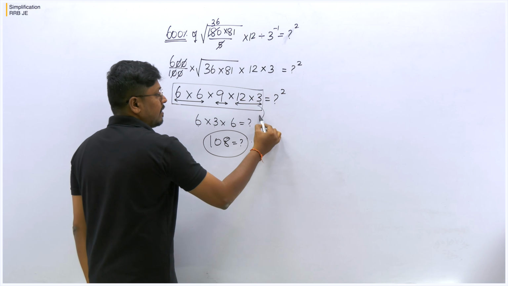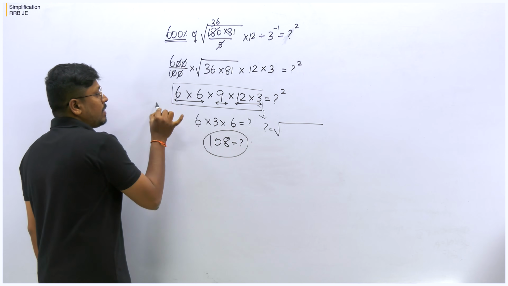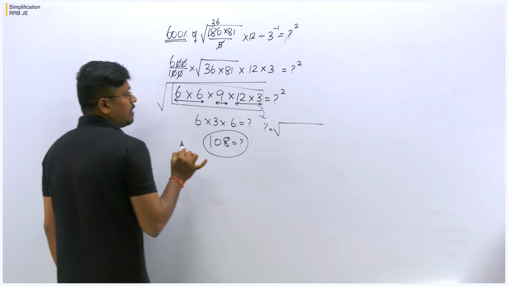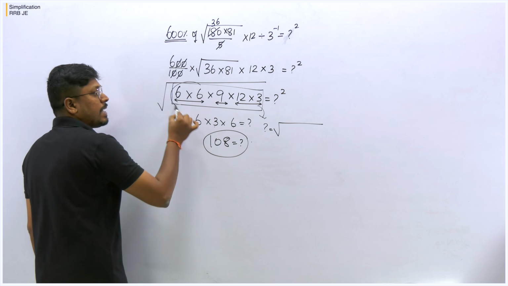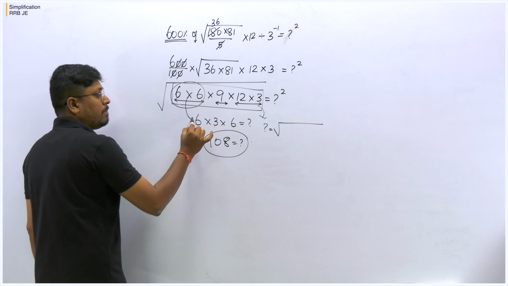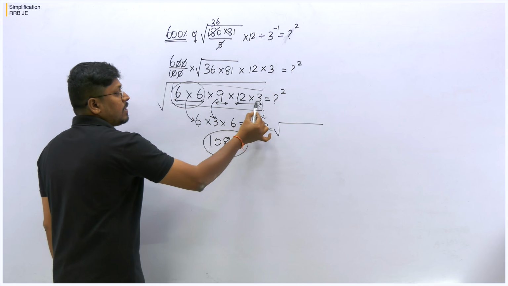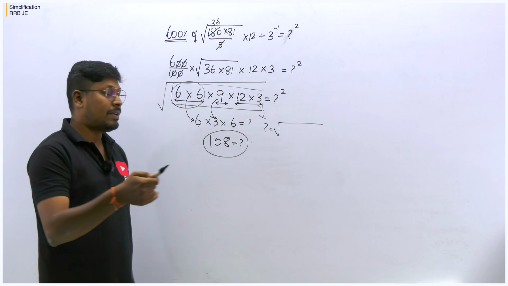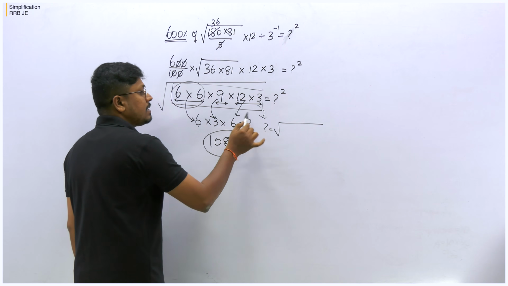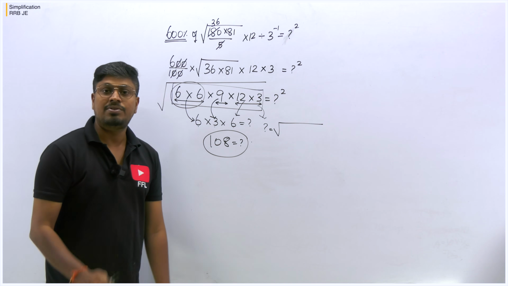So what is the next step from this? Question mark is equal to the square root of all the numbers. When you take a square root of the complete number, we already have some numbers which are perfect squares. So 2 times 6, when you take a square root, it will be only 6, right? Square root of 9 is what? 3. And 12 into 3 remaining. So 12 into 3 is 36. Again 36 is a perfect square. The square root of 36 is 6. That's it. So the answer for this question where question mark is equal to 108.